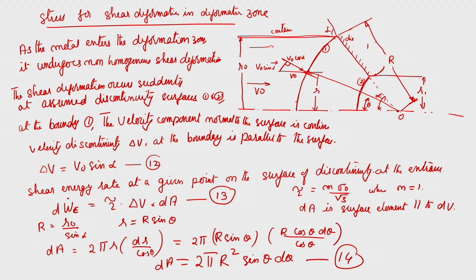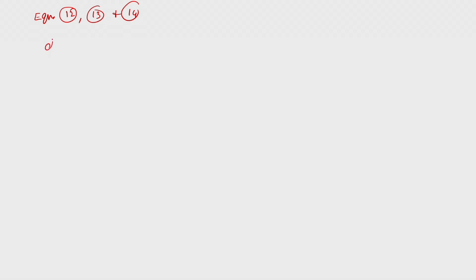So, from 12, 13 and 14, if you substitute it in this equation, we can find dW dot E is equal to sigma 0 by root 3 into V 0 sin theta into 2 pi R square sin theta d theta. So, you integrate it, you will get the